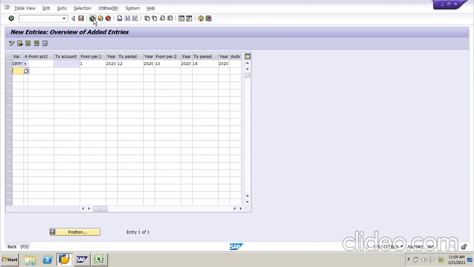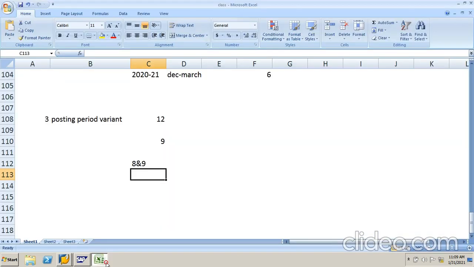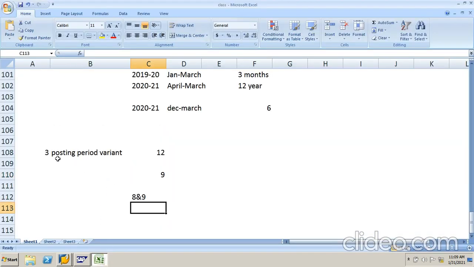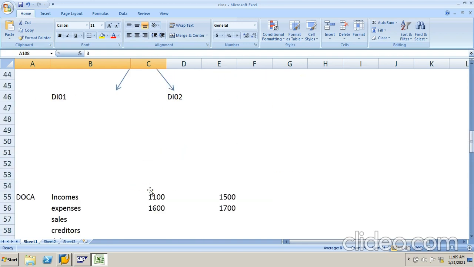Come back. This is called posting period. So posting period variants mean, we have created one variant and we have opened and closed some months to post our transactions. Okay, so this is the posting period variant.